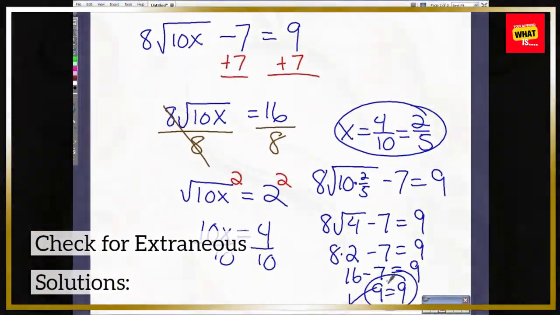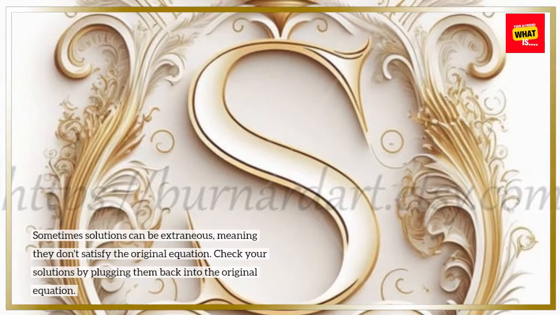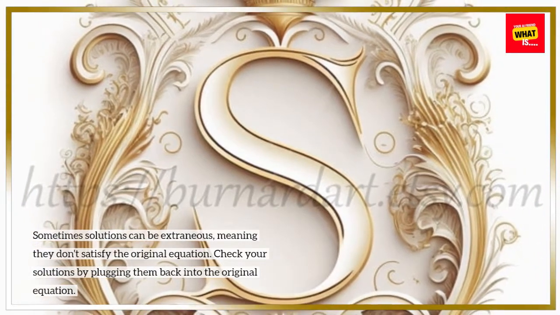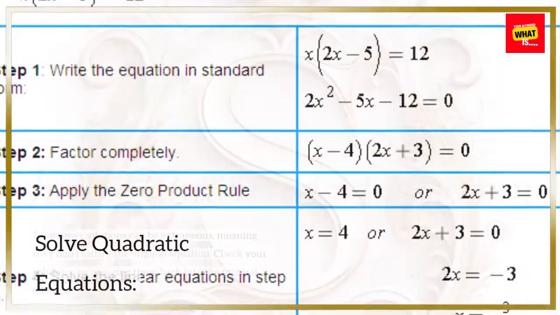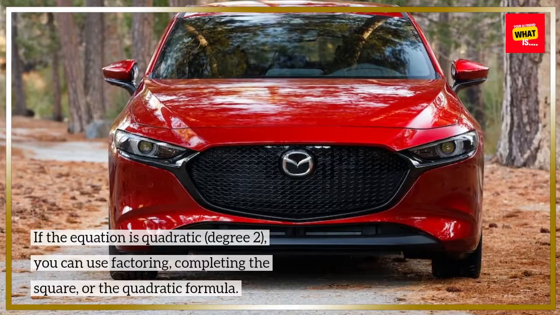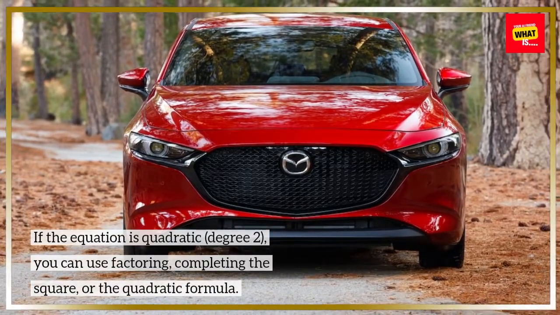Check for extraneous solutions. Sometimes solutions can be extraneous, meaning they don't satisfy the original equation. Check your solutions by plugging them back into the original equation. Solve quadratic equations. If the equation is quadratic, degree 2, you can use factoring, completing the square, or the quadratic